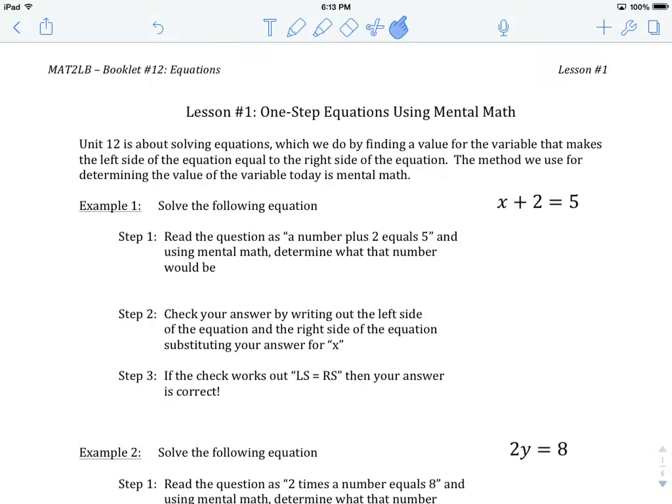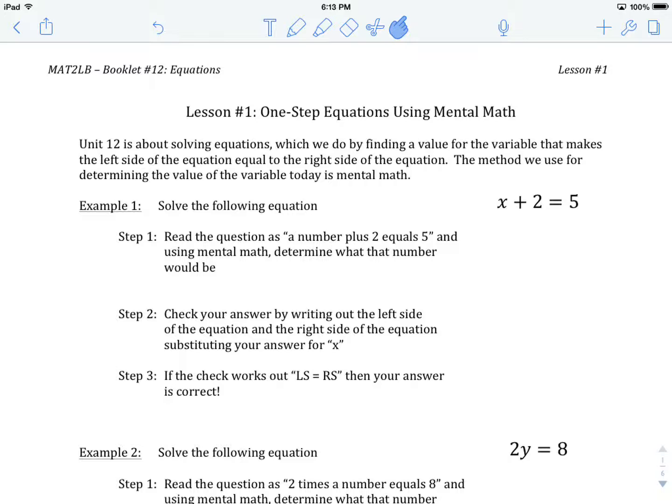Welcome to Equations, lesson number 1, one-step equations using mental math. So this unit is our final unit, and it is about solving equations, which we do by finding a value for the variable that makes the left side of the equation equal to the right side of the equation. So that's our goal. The first method we're going to look at in this lesson is called solving one-step equations